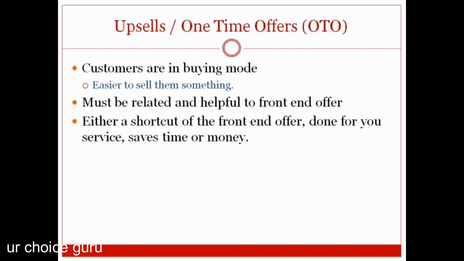If you can do that, that's a formula for success. Let me talk about downsells. Let's say, for example, that you go to Arby's or McDonald's and you order a cheeseburger, fries, and a Coke. And then they say, would you like a large with that? And you say no. And they say, okay, well, would you like